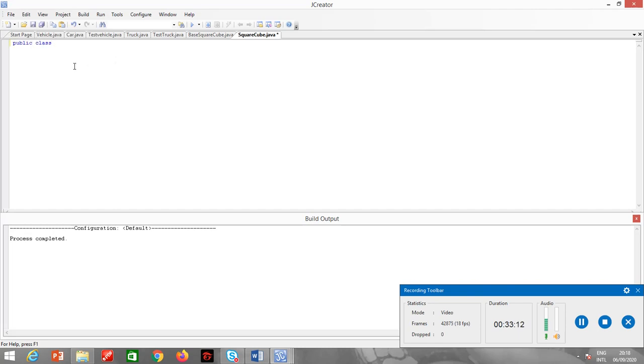Public class square cube extends base square cube.